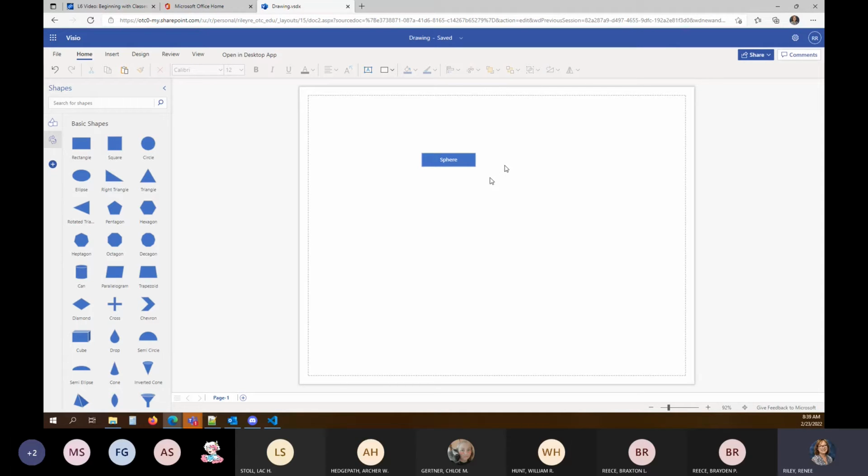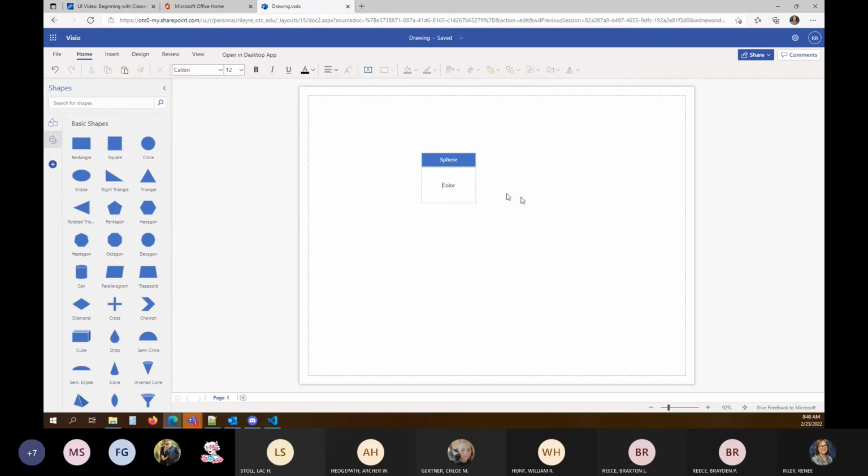Then right under the title, I'm going to start listing all of the attributes or properties, the data items that belong to my class. So for this one, I would have color.